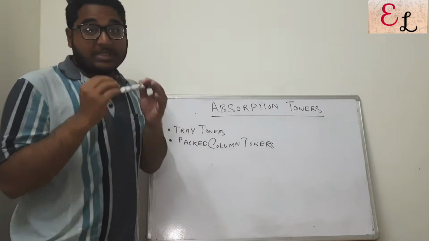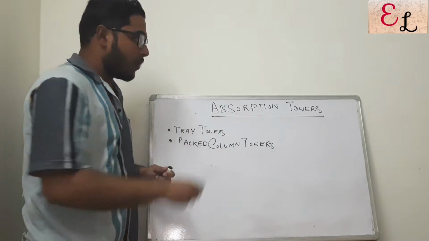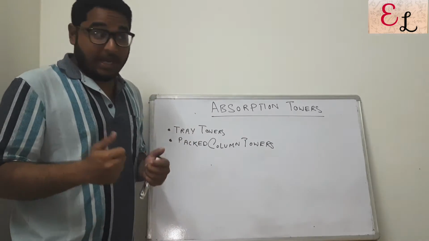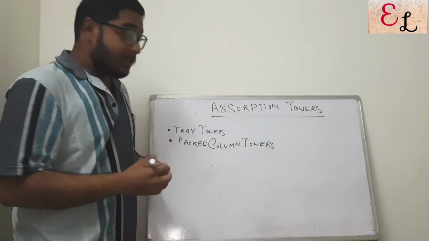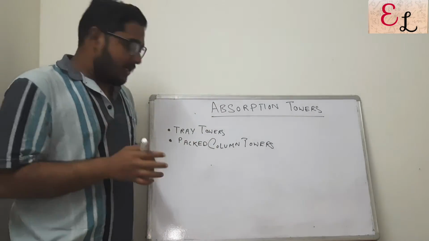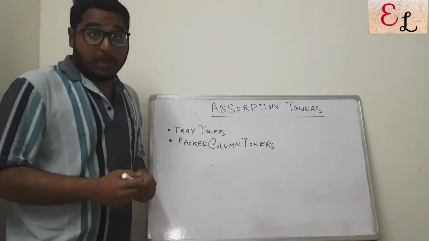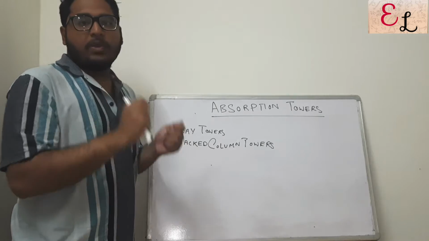In today's video we will discuss the working principle of an absorption tower and the important parts in an absorption tower. We are going to discuss the irrigation header, its branches, how it is sprayed, the spraying nozzles, the spraying pattern. The two types of towers that we are going to discuss are tray towers and packed column towers. Packed column towers are mostly used when you need an intricate absorption between the gas and the liquid stream,